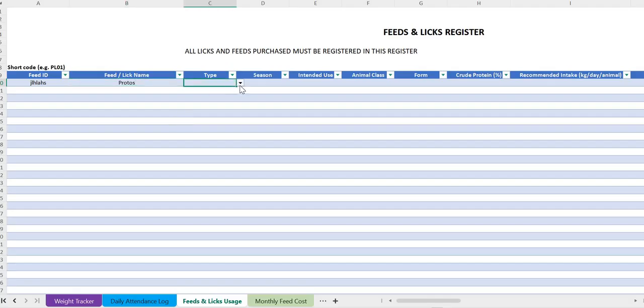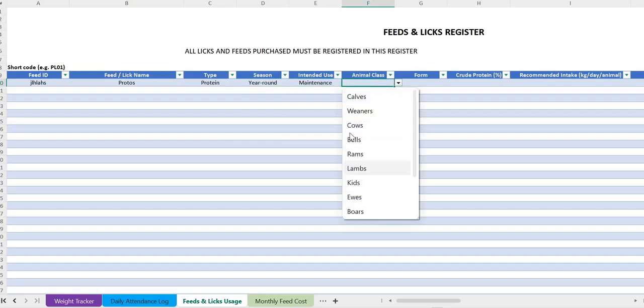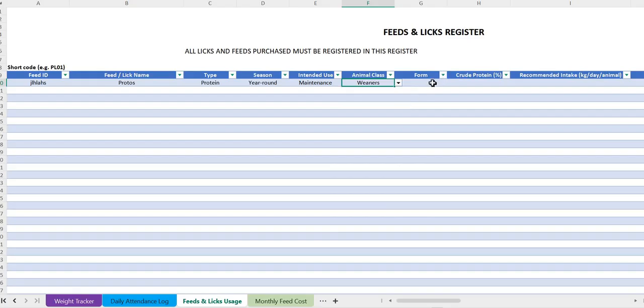Whatever. What type is it? It's a protein. It's for all year round. The intended usage is for maintenance. Animal class, I'm going to use it for the winners. The form, it's in the form of pellets, crude protein percentage,